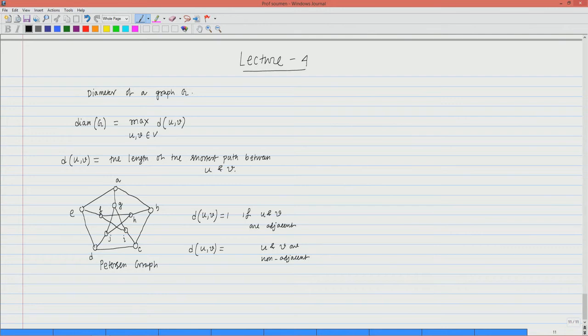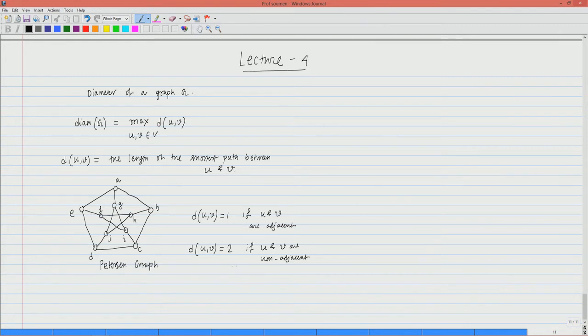There are many other paths, like D J G A B, a path of length 4, but I have to consider the shortest path. The shortest path is D C B, and this is equal to 2, and this is true for any two non-adjacent vertices. So, if two vertices are adjacent, the distance between them is 1, and if two vertices are non-adjacent, then their distance is 2, especially for the Petersen graph,